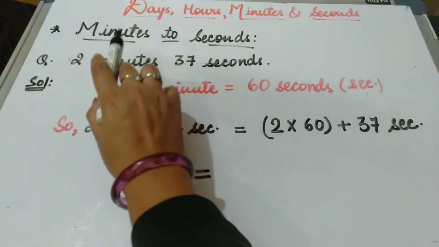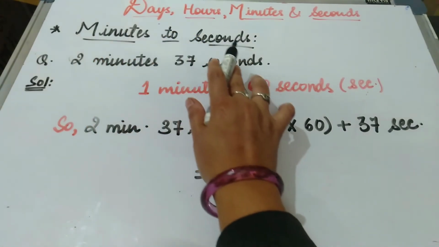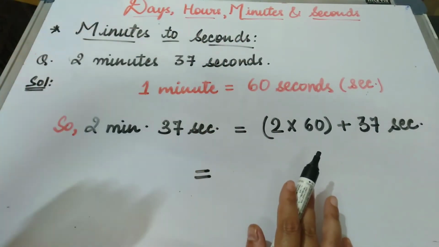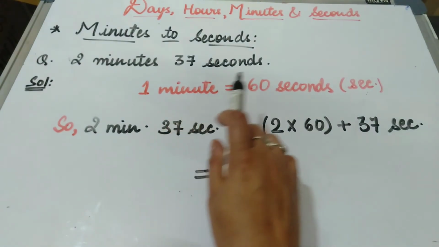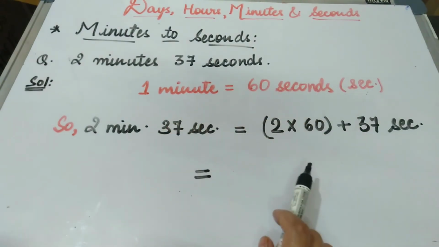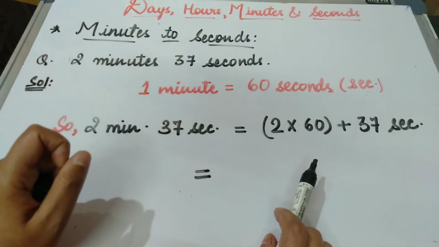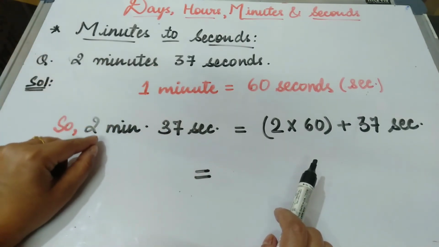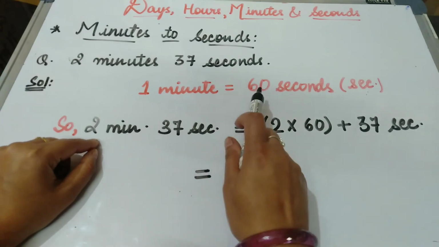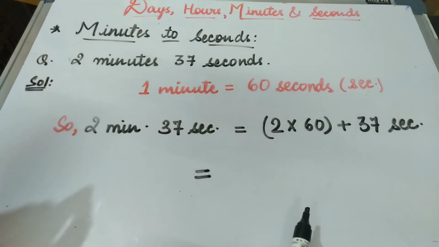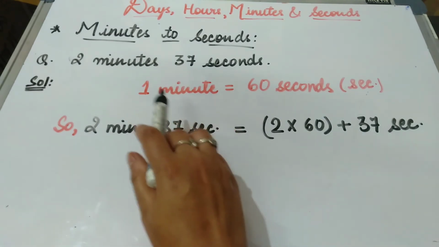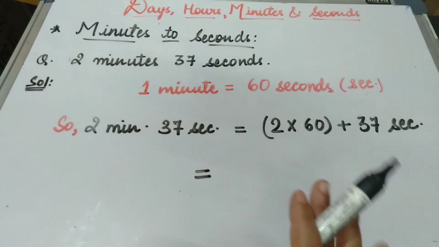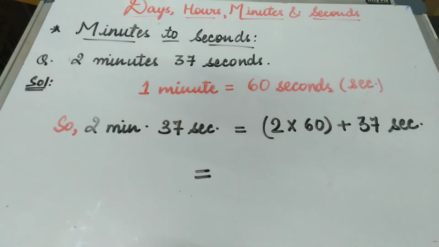So now here we have to convert minutes to seconds. Okay, we have to convert minutes into seconds. So how will we do it? We know that 1 minute equals 60 seconds. So in 1 minute there are 60 seconds, so whatever number is given in front of minutes, we have to multiply it by 60. Okay, you have to learn these conversions, and you have to write these conversions first in your fair copy, then you will start with the exercise.